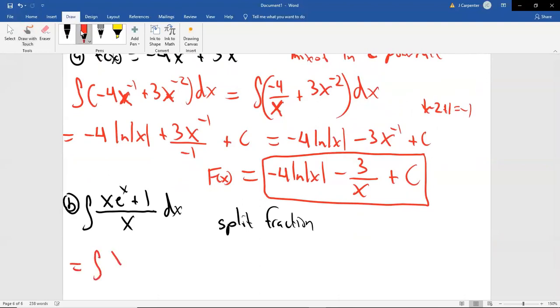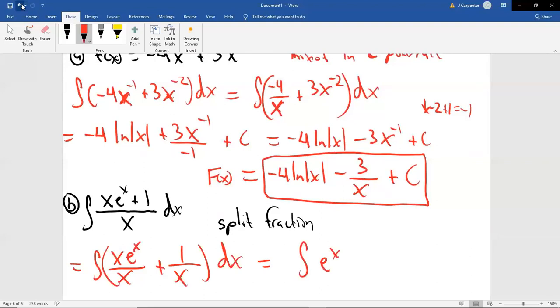The integral of x times e to the x over x. That's the first term over the denominator. Then plus the second term over the denominator, the 1 over the x. But now I do need this wrapped in parentheses with a dx because of the multiple terms written that way. Multiple fractions, it looks different. Well, guess what? In the first one, thankfully, because this looks like a nightmare to integrate with the x's there, they all cancel. So this is just the integral of e to the x plus 1 over x, and then all dx.